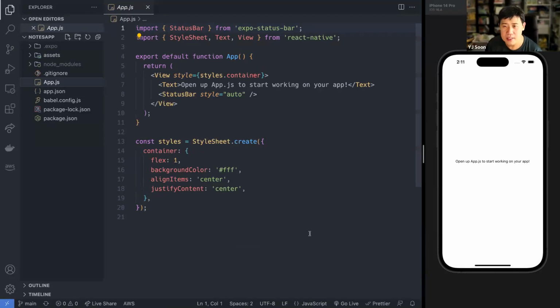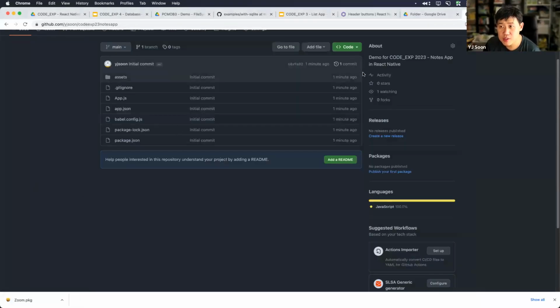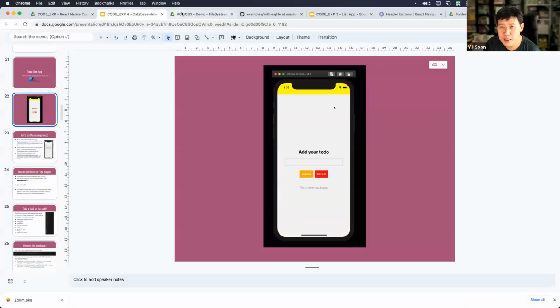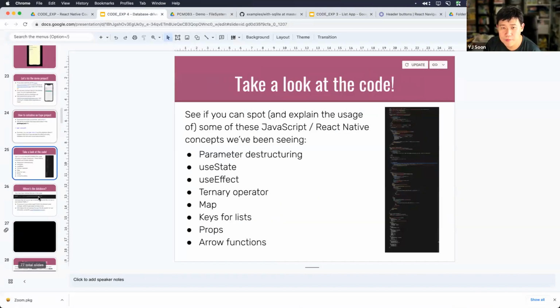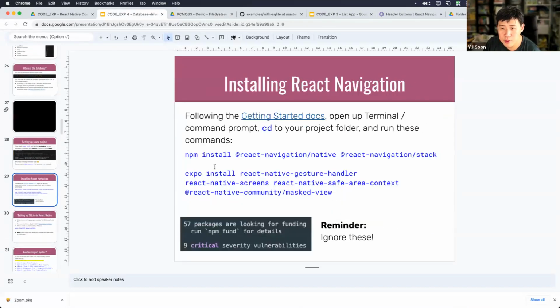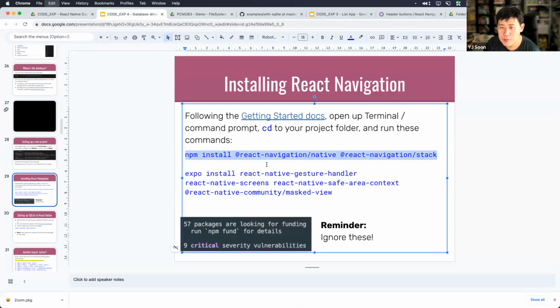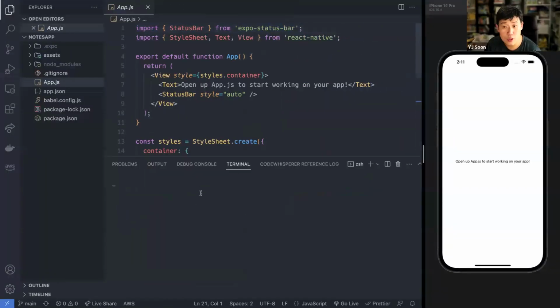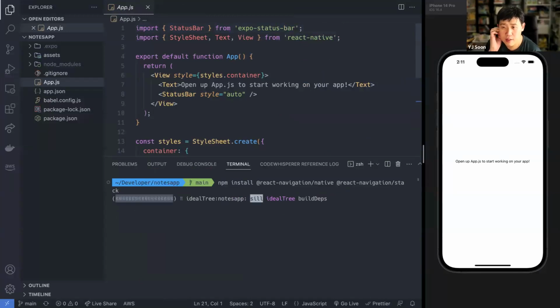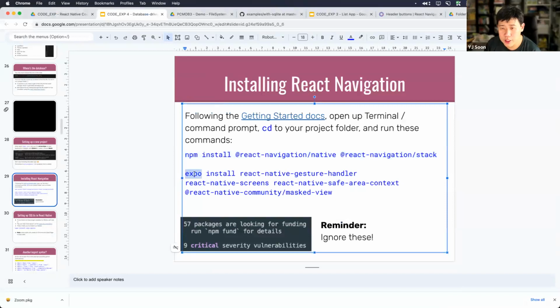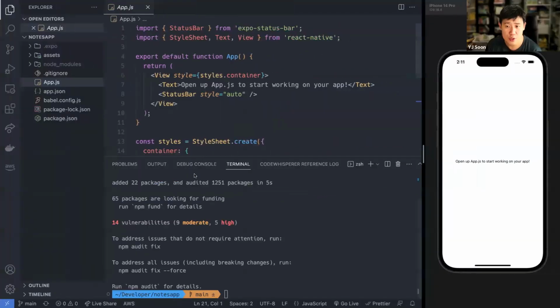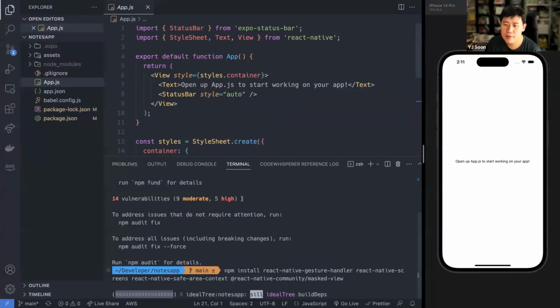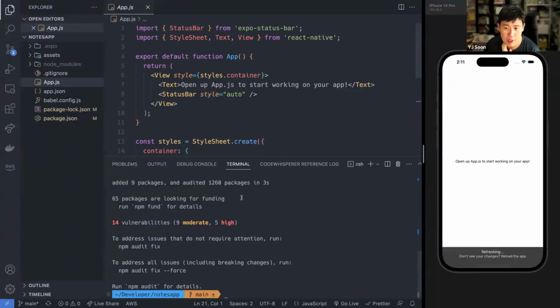Okay, so I think it's just good practice, right? At least you have a chance to see all this in action. Okay, there's some stuff that I need to do, which is I do need to install React Navigation, which is down here. So copy this, go to the terminal, paste it in. And down here, this is no longer expo install, we just use npm install. It used to be that you could install expo specific versions, which was actually quite handy, but now a lot of things are already compatible with expo. Okay, so now I've installed all this stuff.